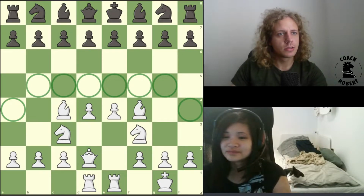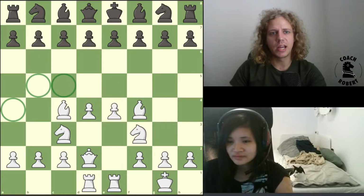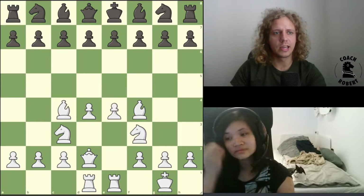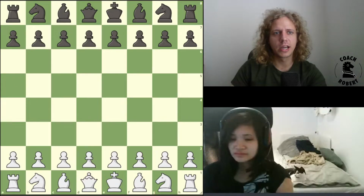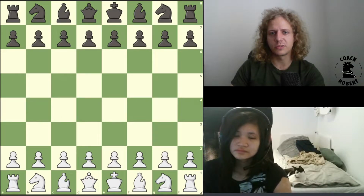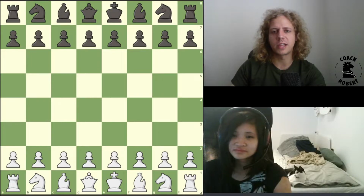So let's see an example of this concept of tempo in action, and this will also help you get a good idea of where my pieces belong, and even some exceptions to the rules. All right. So this next game that we're going to look at is one that was played by Paul Morphy, who was a famous player in the 1800s. Some people have said that Paul Morphy was the most accurate chess player who ever lived,